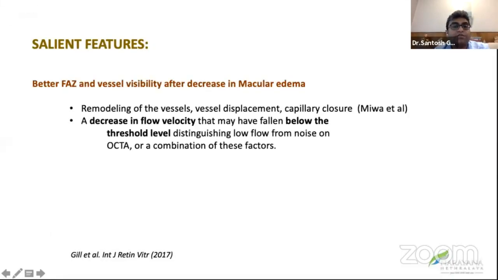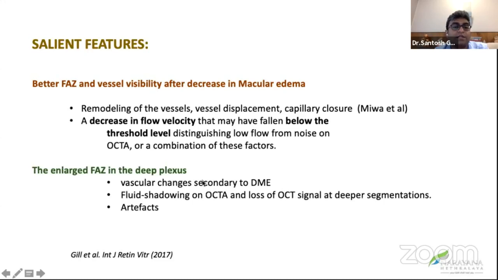So coming to the features we need to keep in mind when we are interpreting an OCTA: FAZ and vessel visibility can change once the macular edema decreases. That could be because of the remodeling of the vessels, as we discussed, vessel displacement and capillary changes, and even a change in the vessel flow velocity. And even the FAZ changes because of the vascular changes secondary to DME, fluid shadowing, and loss of signals,